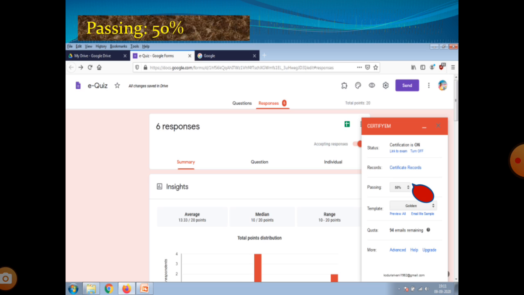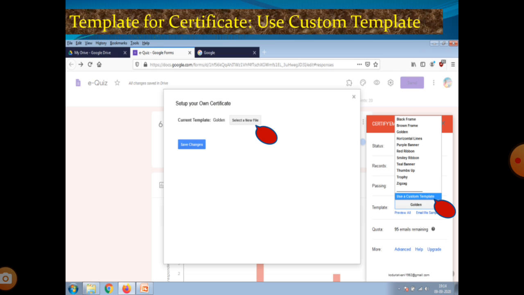We go to Google Slides and create our own certificate template. After that we click the template. In the template, golden, zigzag, so many varied types of designs for the certificates are there, but I don't want to go to the other certificates. That's why I want to use my own, I have already created the certificate in Google Slides. That's why I use a custom template.